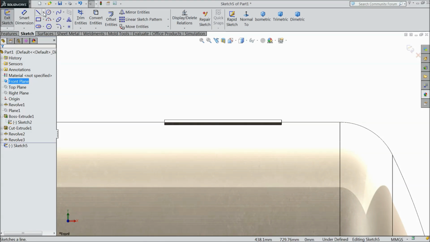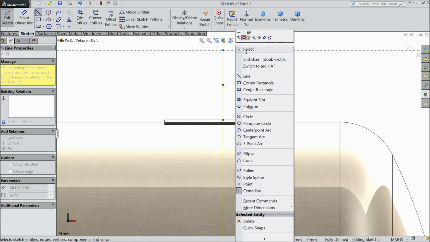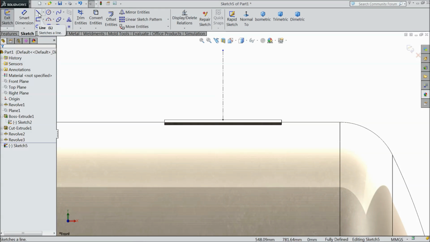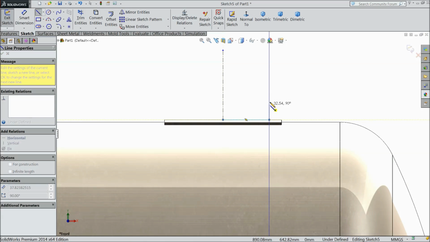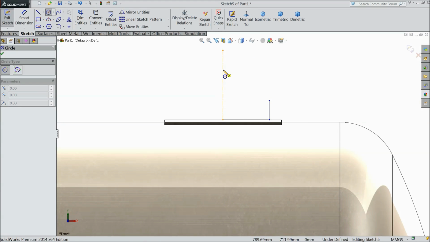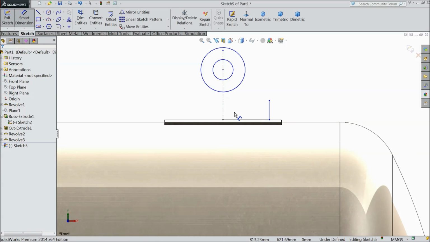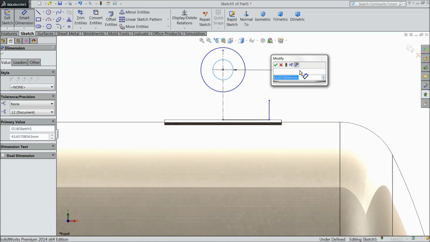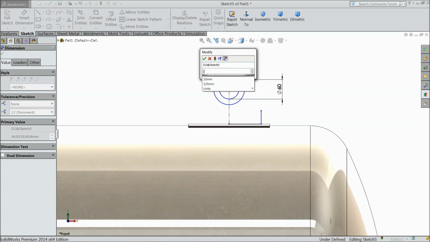So first draw a center line, choose a mid line, select line, connect from one end to this end, go up, exit. Draw here two circles, one small, one big. Now let's define the dimension. 60 dia, and this outer one